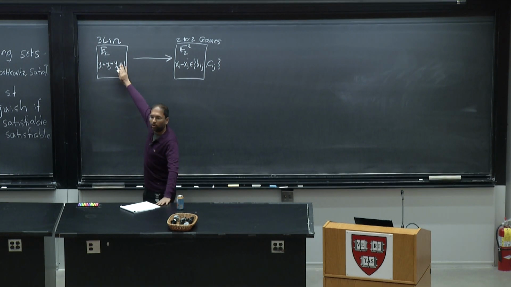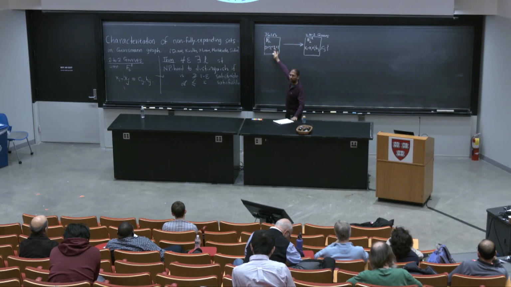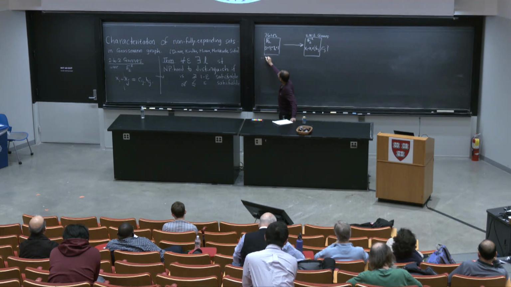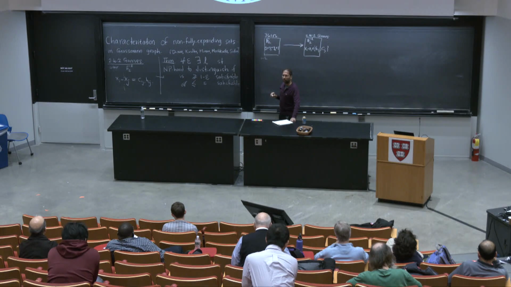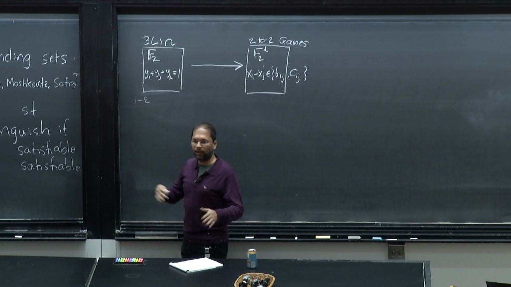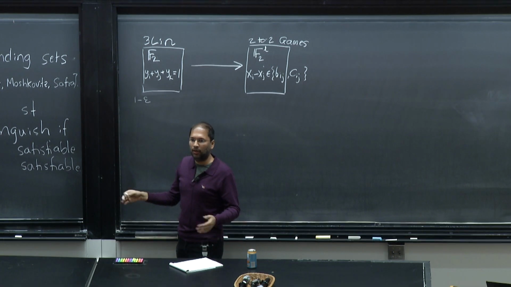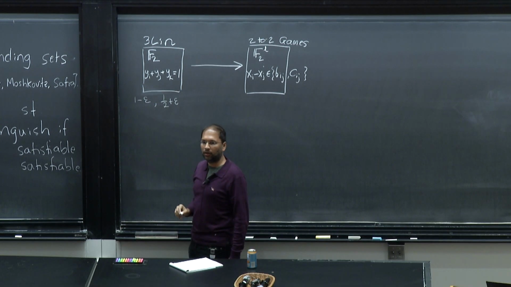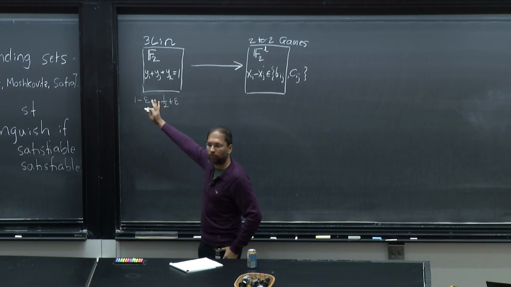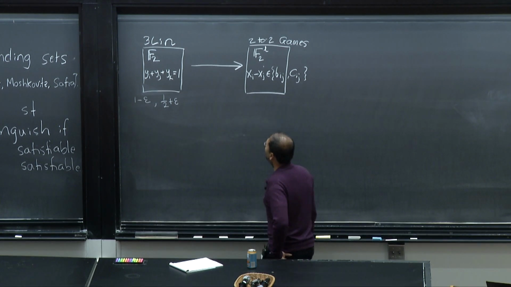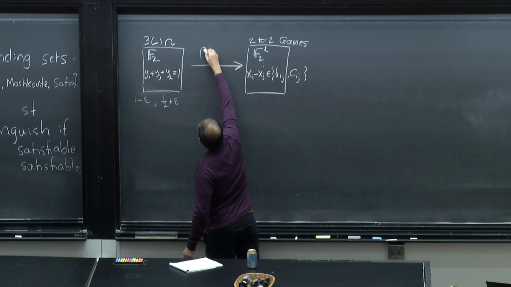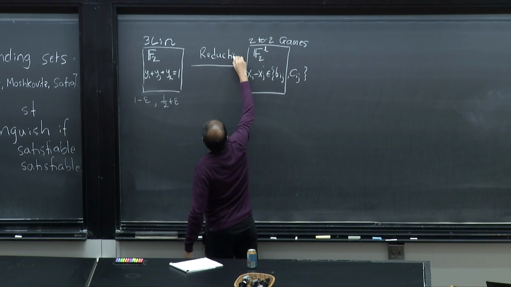And again, the goal is the same, to find assignments satisfying as many equations as possible. And this is well known to be hard. Here it's known that if I give you a system and I tell you that it's 1 minus epsilon satisfiable, then of course you can take a random assignment. To each variable assign 0 or 1 at random, and you satisfy half of the equations. And it's NP hard to find assignments which are strictly better than just 1/2. This is actually a well-known result in computer science. So you take an instance of the 3-lin problem and somehow use a reduction to construct an instance of this 2-to-2 games